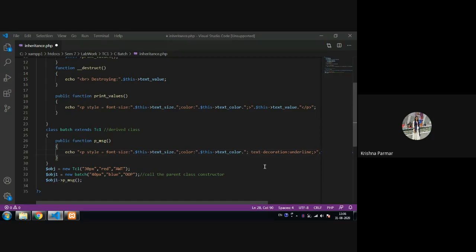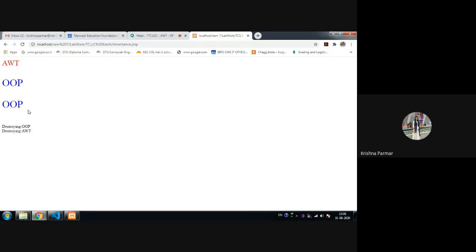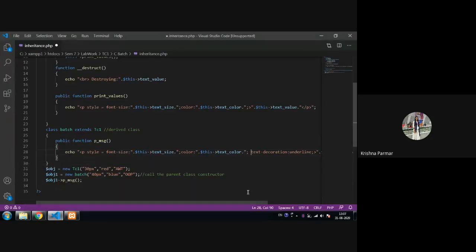Can anybody tell me the output, and why OOP is printed two times? Can anybody explain this output? Think about it. Here I'm again showing your code.